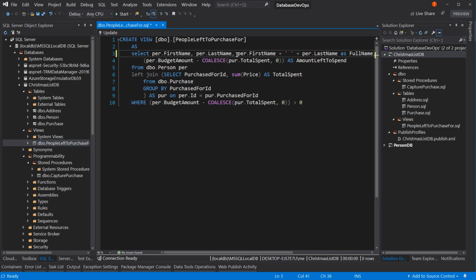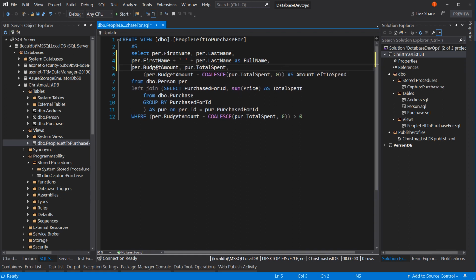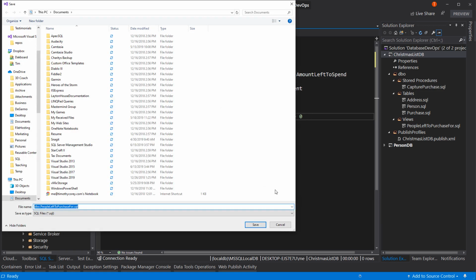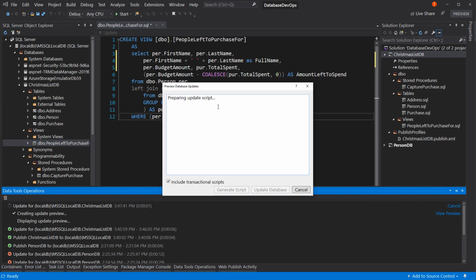And we can break these out into multiple lines so we can see it a little better. Something like that. So now we have our full name, which is just first name space last name. Kind of a silly change, but it's there. Oops, we don't save it. We hit update. And that's going to prepare scripts for us. It's going to figure out what needs to be changed, and then it's going to allow us to publish those